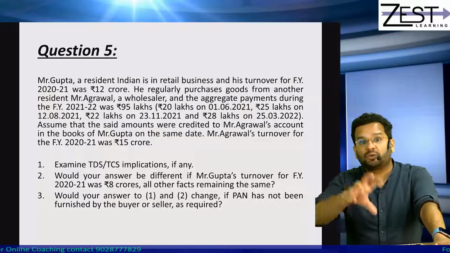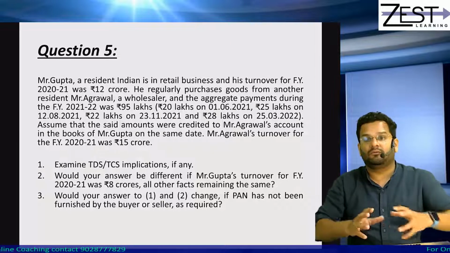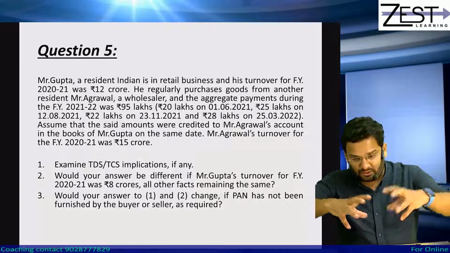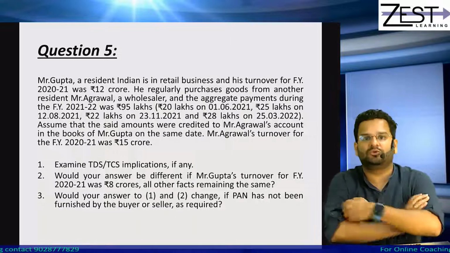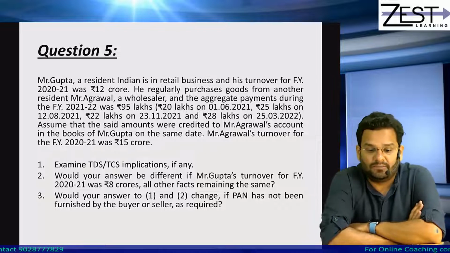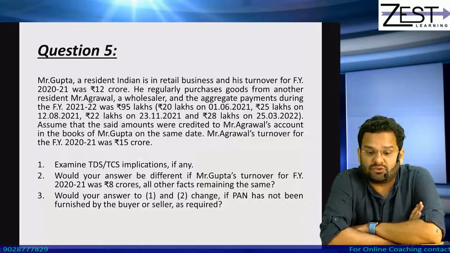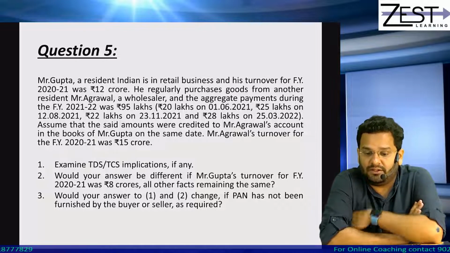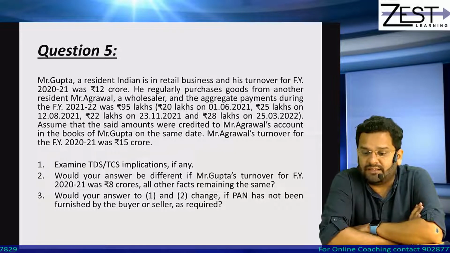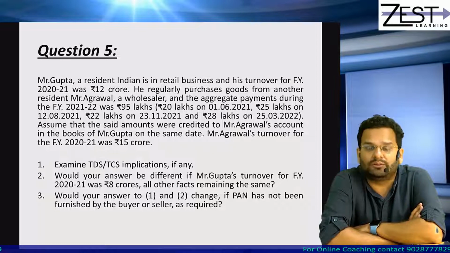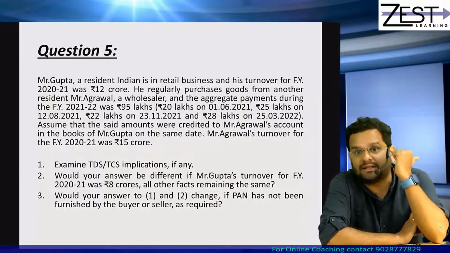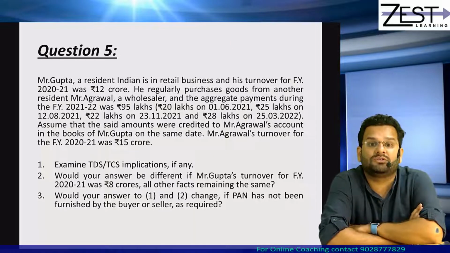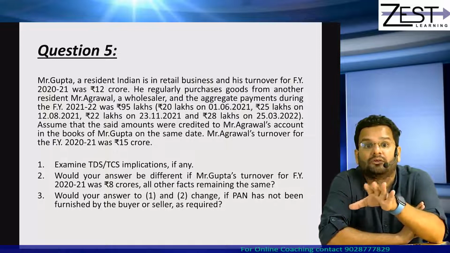तो इस क्वेश्चन, मीन्स through this question you are going to understand that 194Q provision in detail. See, Mr. Gupta, resident Indian, is in retail business and his turnover for FY 2021 was 12 CR. मतलब last year his turnover was 12 CR. तो यहाँ पे